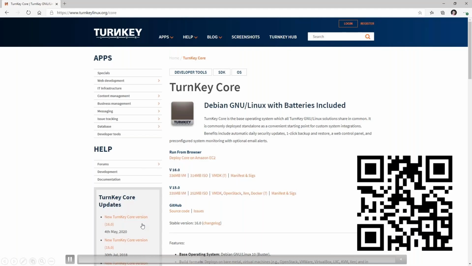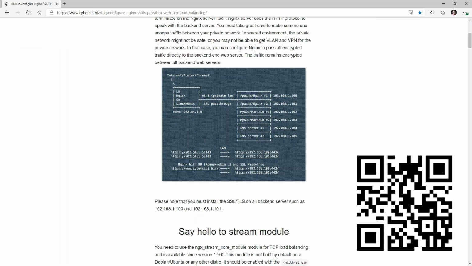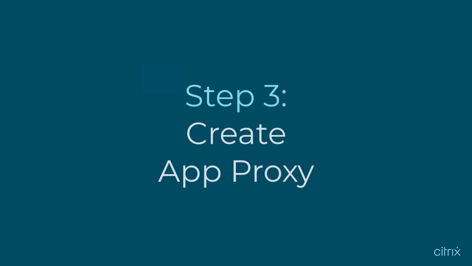One easy way of doing it, you can go to Turnkey Linux and download an appliance where everything is pre-installed. I just selected to use Debian Linux and installed it myself, but they do have an appliance with NGX already installed on it. And here's the barcode if you guys want to scan it. And here's a really nice article that explains step by step how to configure it. It's just a text file where you supply the target IP addresses. And here you go. You've got your proxy configured.